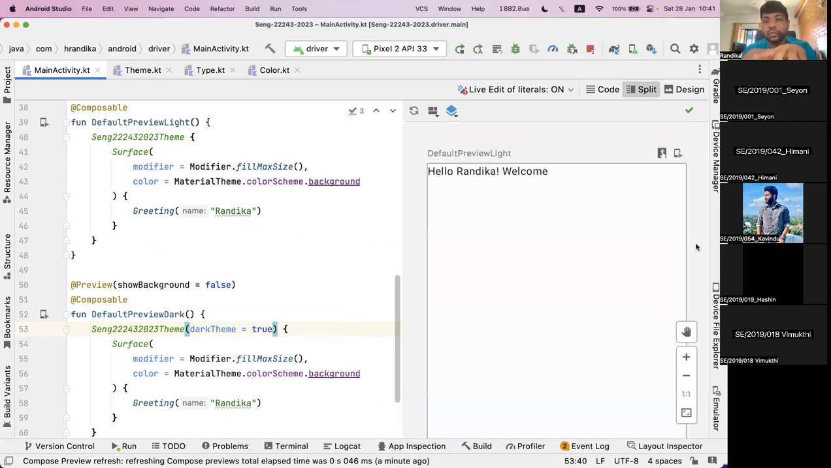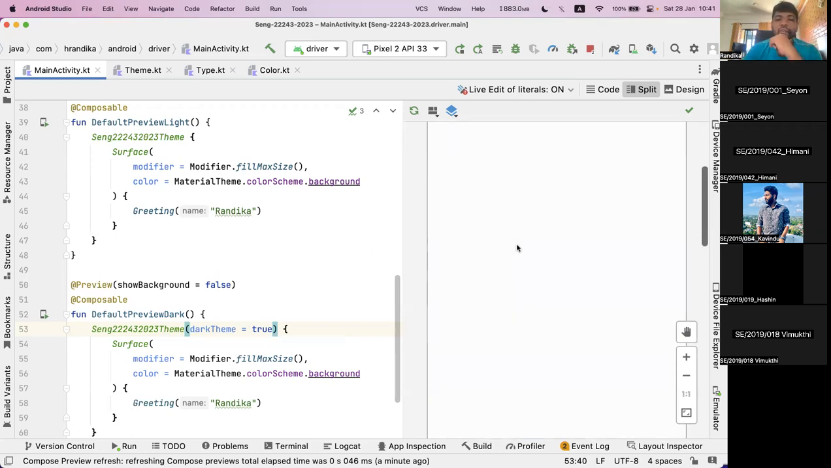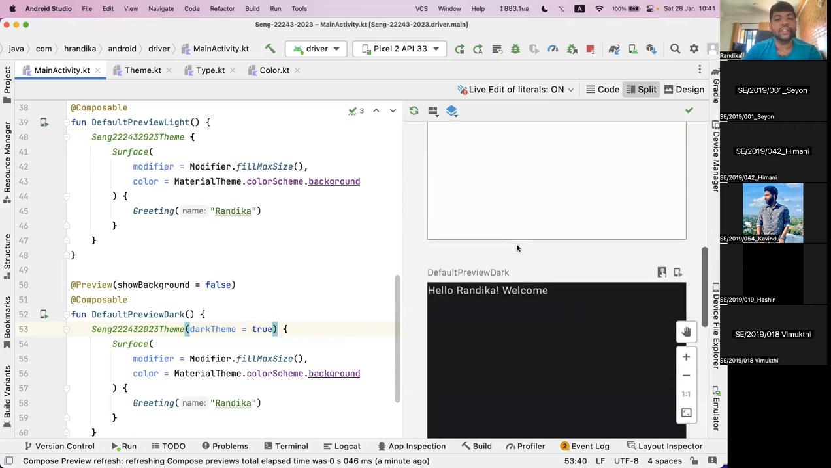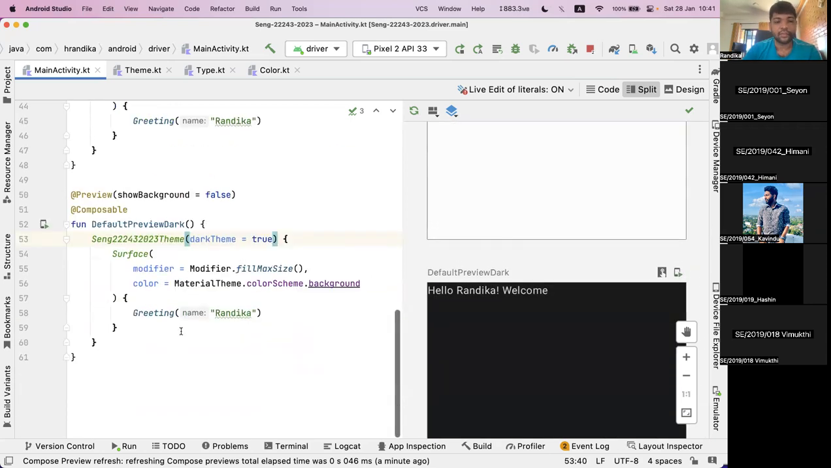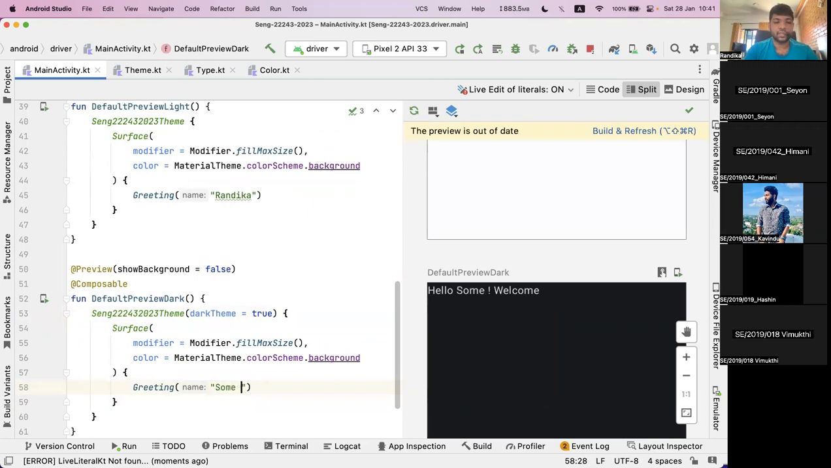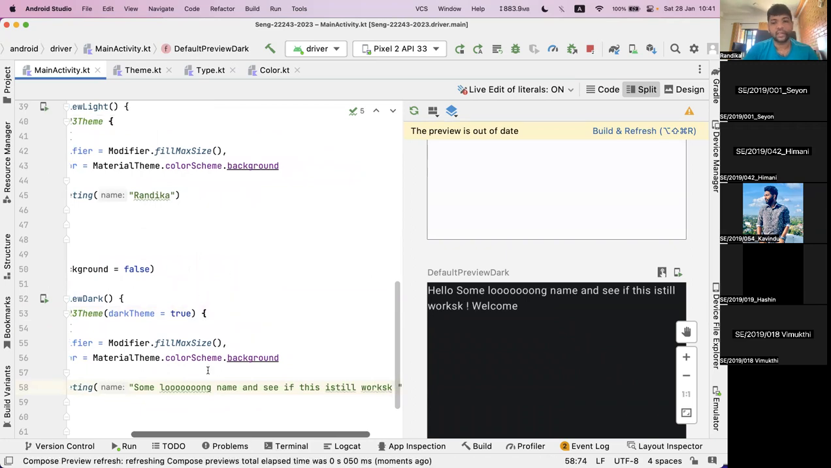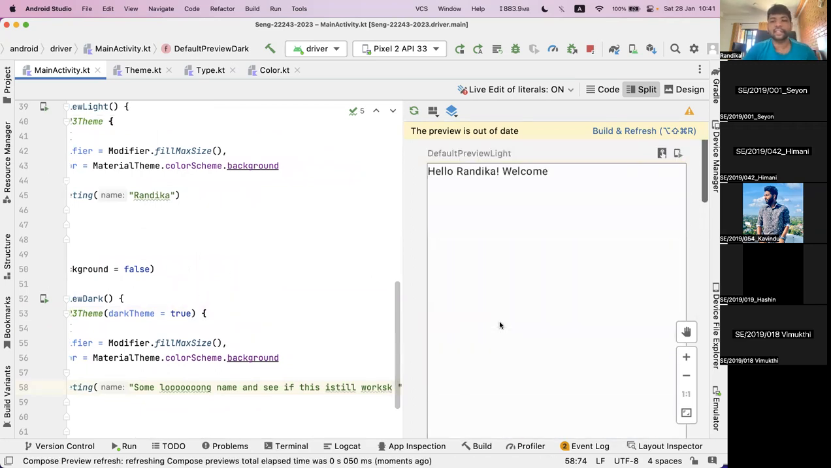It's not only light mode and dark mode. You can have as many different previews as you like, and you can work with those things. And you can put different content and see. For example, I'm giving a greeting, Ramdika, in here. Let's say greeting some long name and see if this still works. Welcome. Okay, so you guys can see that